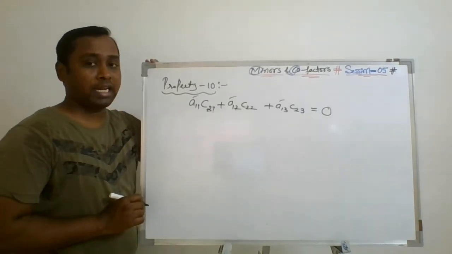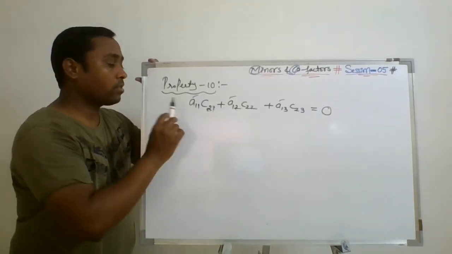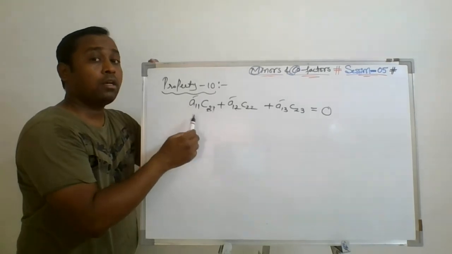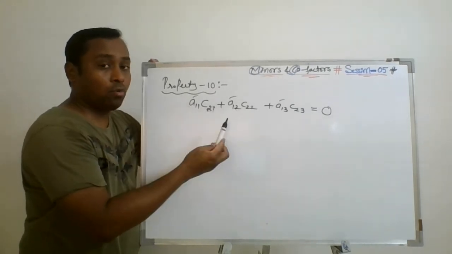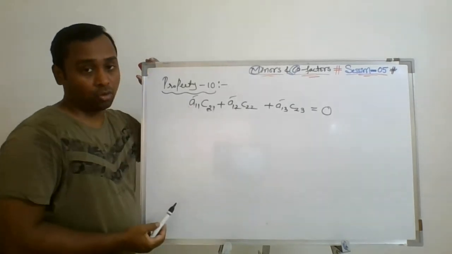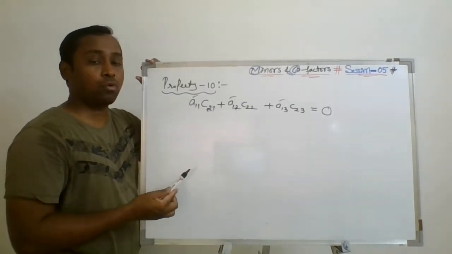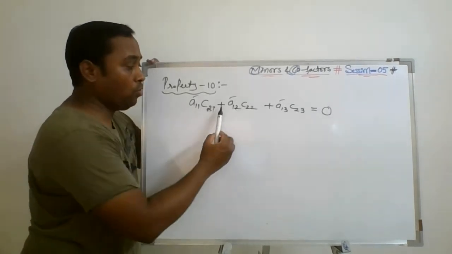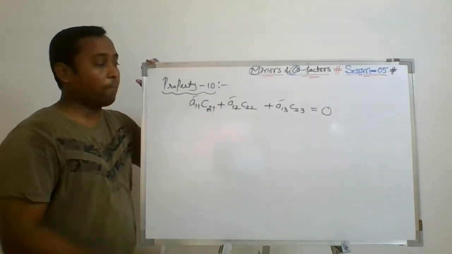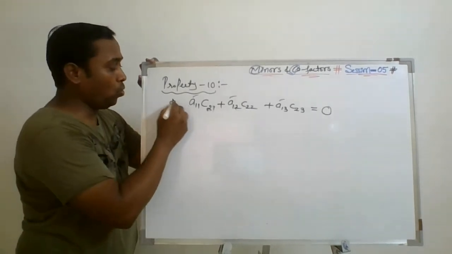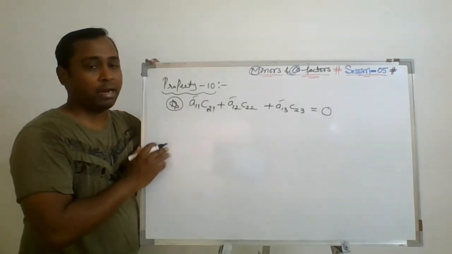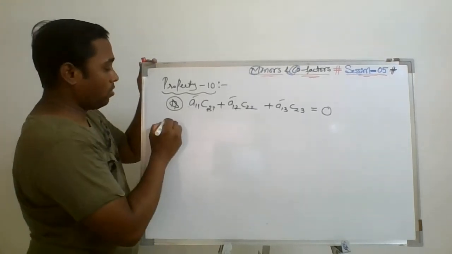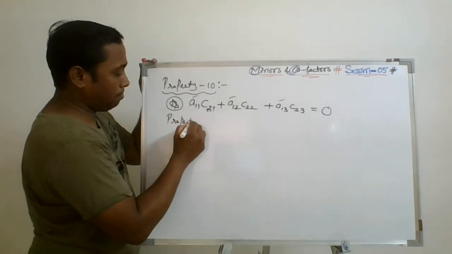So what property number 10 is speaking about is that the sum of the product of the elements of any row or column with the cofactors of another row or column will always give the answer 0. That is, if I multiply the row 1 elements with the row 2 cofactors or the row 3 cofactors, their sum will always be 0. This is property number 10. Please do verify this with an example by taking any 3 by 3 matrix or 2 by 2 matrix, whatever you say.